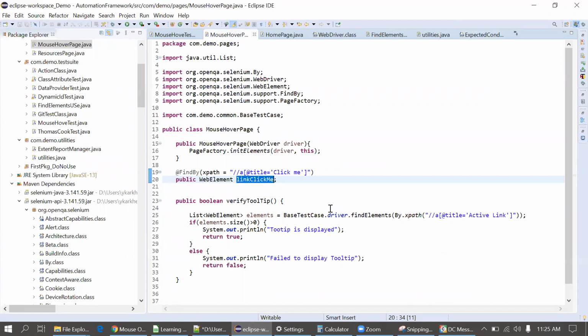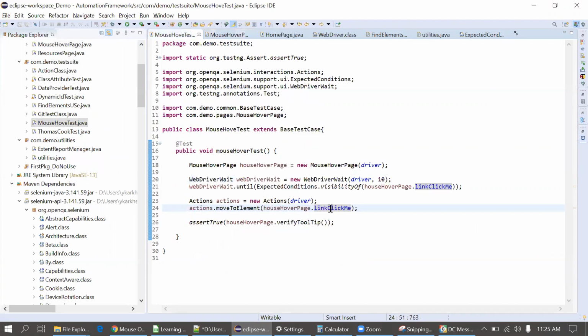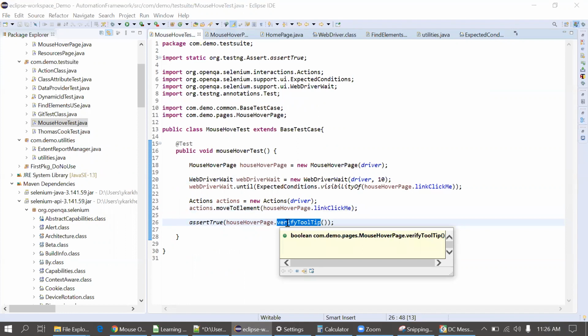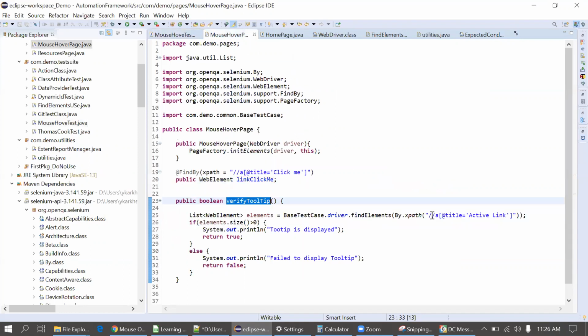This is XPath. Okay, this is the particular XPath. This is the active link, right? Which we'll get in the DOM. And whenever we hover on this, we'll get the tooltip. Now go to that code. This code is correct, but I'm not sure why it is not hovering. I thought you were pointing to link click me directly, that text. No, that code is written inside verify tooltip. Here you can see this active link.